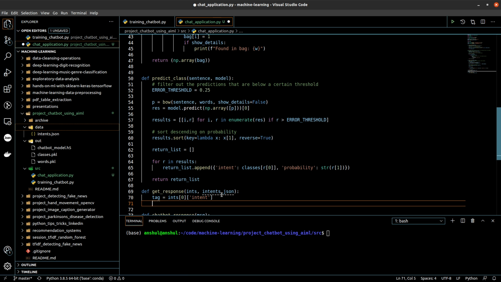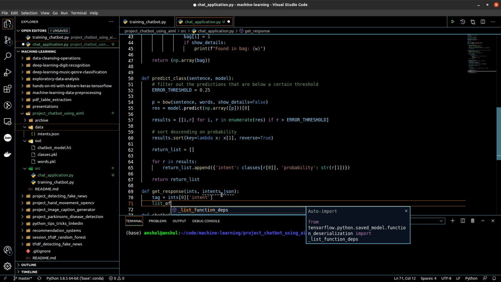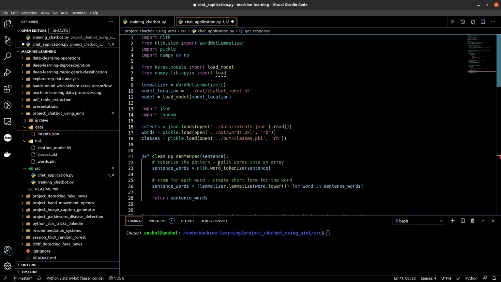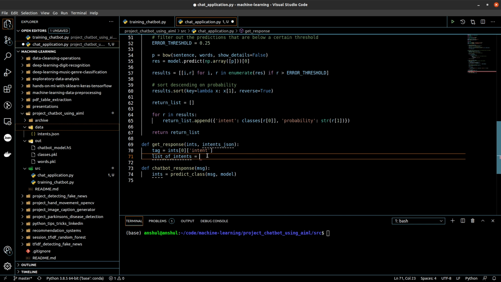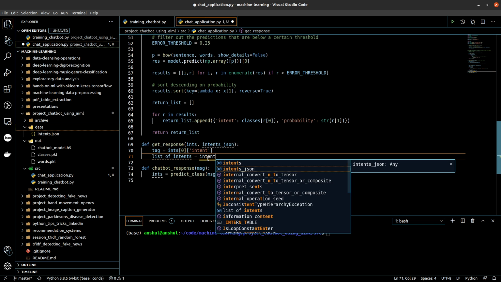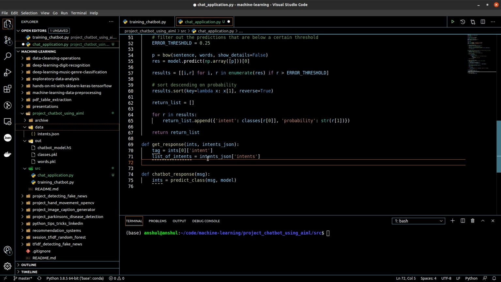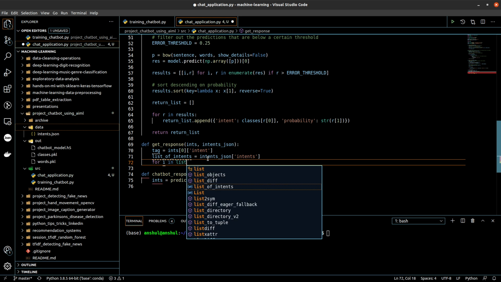This is a list of intents. List of intents is equal to intents JSON, get the intents alone for value. Now for each of these values in the list of intents, for i in this intents,